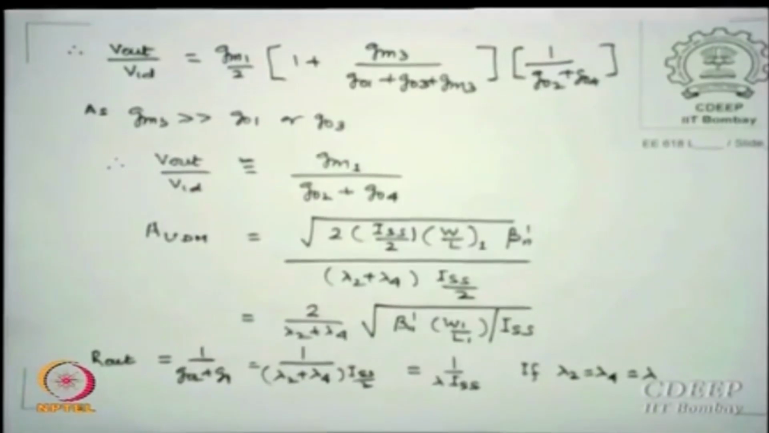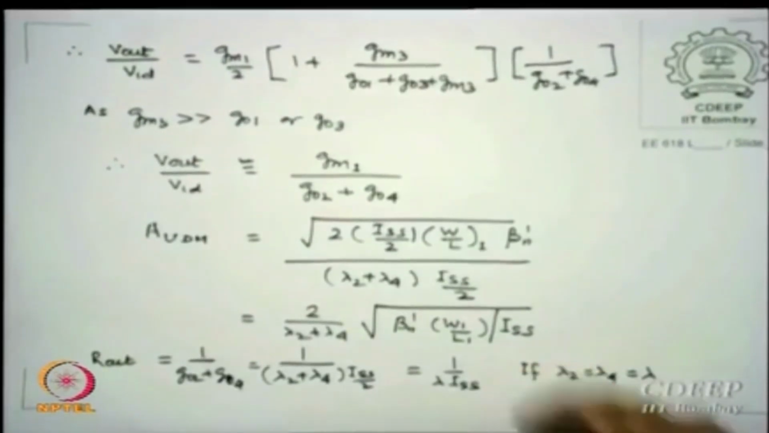I said you do not have to put a source and measure because it is obviously visible in calculation, so it is 1 upon gO2 plus gO4. And in case you make lambda 2 equal to lambda 4, this will become lambda ISS, which is the same as what we had derived earlier, 1 upon lambda IDS. Okay. So once we get the output resistance, we get the gain. The two major specifications for the differential amplifier have been found out,